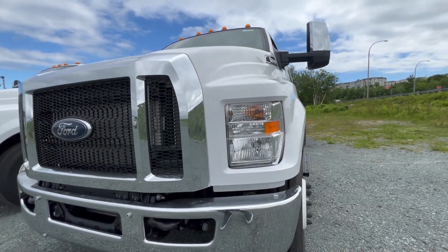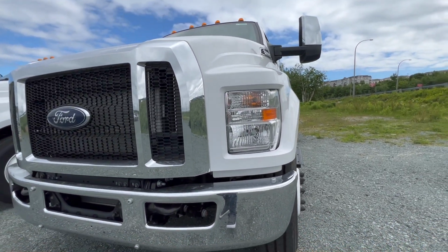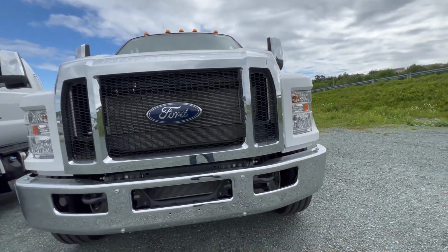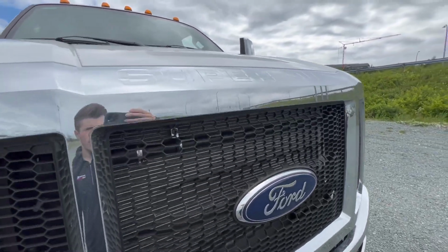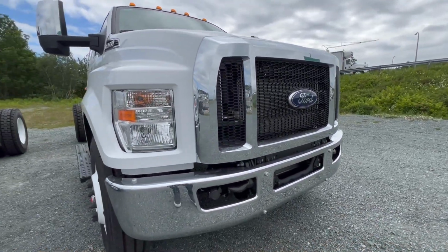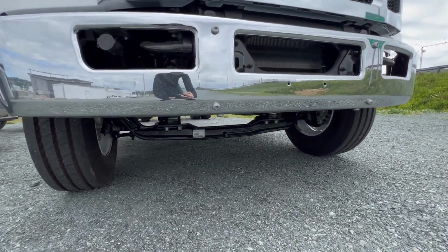Now starting in the front of this F-750, you do have your standard halogen headlights, although they are an automatic headlight, so you can put them on automatic. And this specific F-750 does have the exterior appearance group, which is a chrome package for the front. So you do get the chrome bumper as well as the chrome grille there as well, with a nice Super Duty badge stamped right into the hood. This specific F-750 does have the 12,000 pound front axle, so it does have a 12,000 pound weight rating for